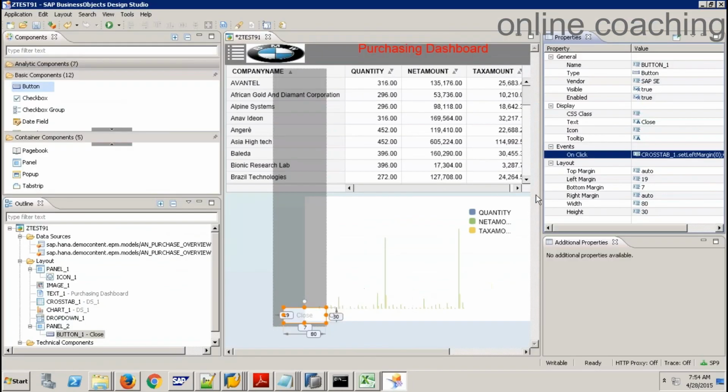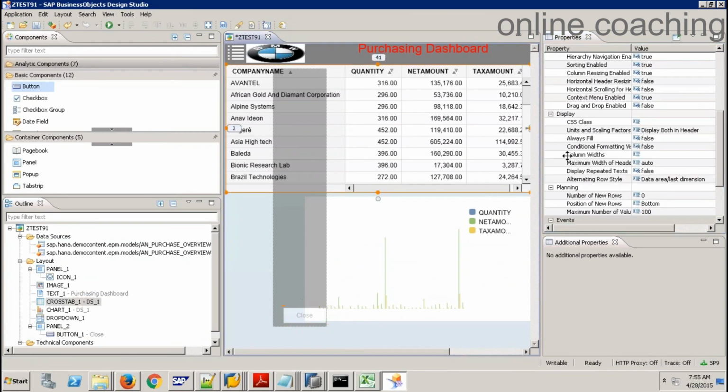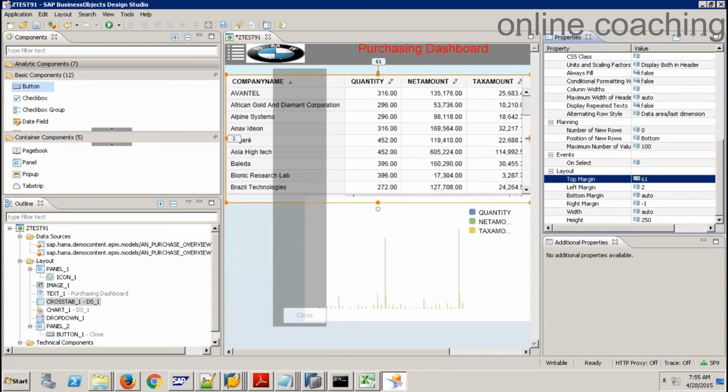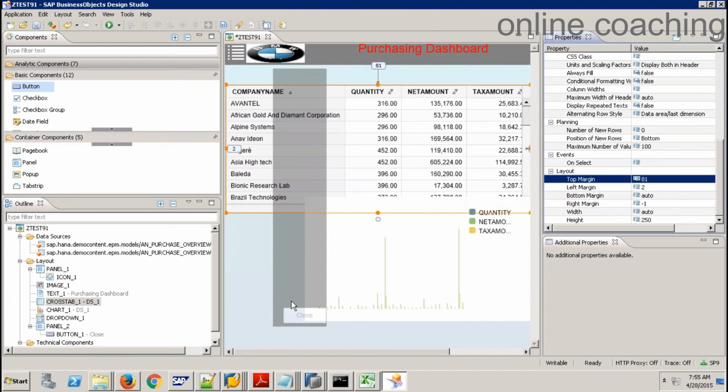And one more thing in the filter, I would like to move this table to the bottom a little bit. My top margin is 41, so I'll make it as 61, 81,